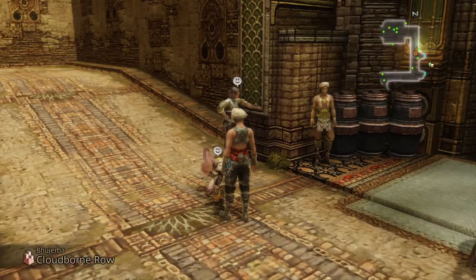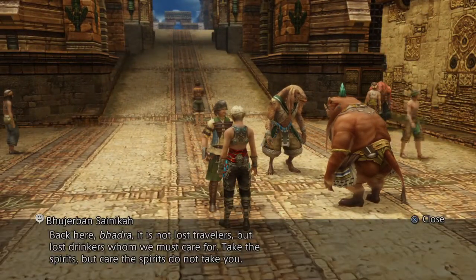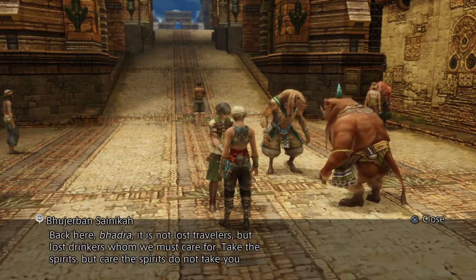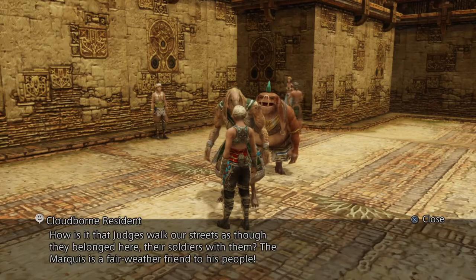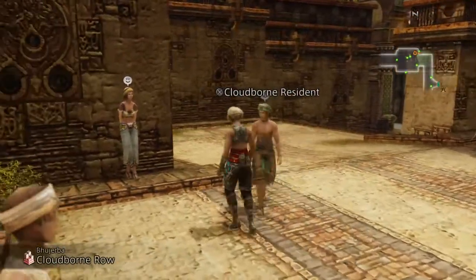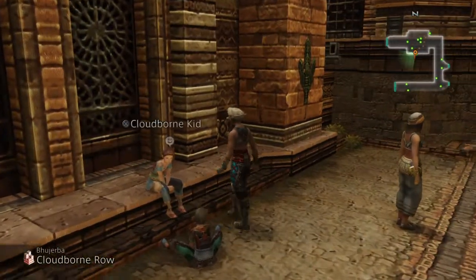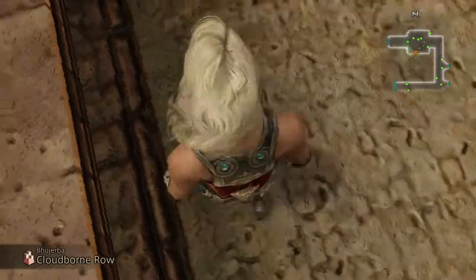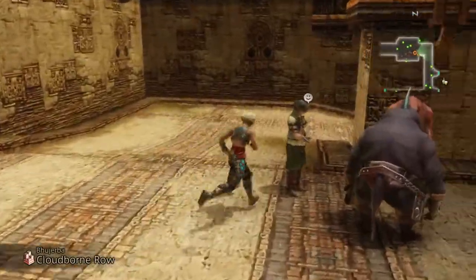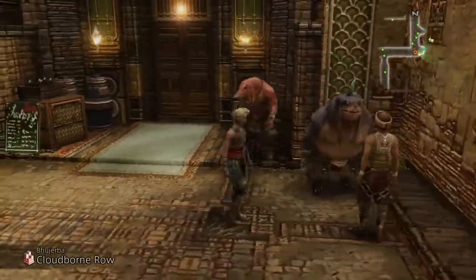Huh? Okay, hold on, let's... Now you can actually really take a look. Huh. Huh, interesting. So all these are Cloudborn residents. Wow. Drunkards. A Cloudborn kid. Oh, is that Melissa? You Melissa's little brother? I assume. A Seneca. The Seneca. There's a few people here, so...